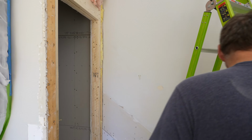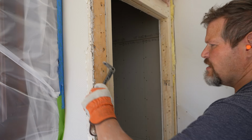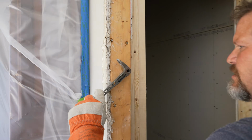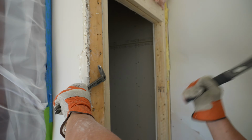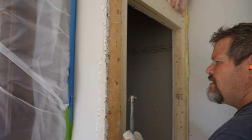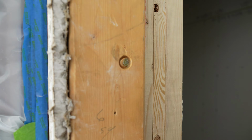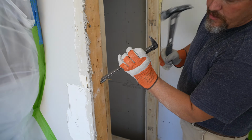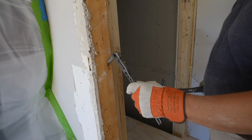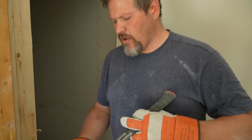Let me show you. I just drove this nail in because I got thinking about it. I was like, maybe not everyone knows what that's for. Come on over here. See the nail head through there? Hopefully they do. So it creates like a ring, and the advantage of that is it allows the cat paw to go in there pretty easy. For me, the biggest thing, I mean we use that all the time, but